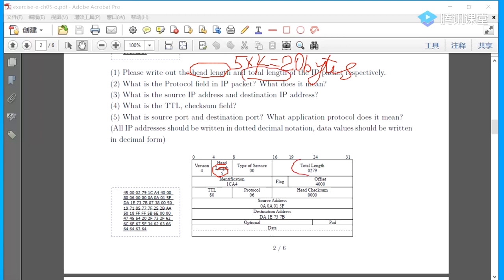Then the total length. The total length is 0279. 0279 is 2 times 16 squared plus 7 times 16 plus 9, right? 0279, so here 279. So we get